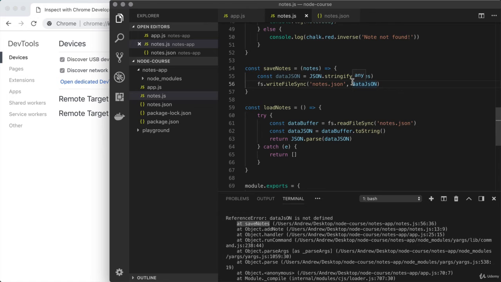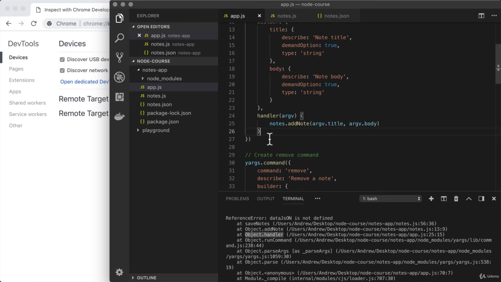As we go down the trace, we typically tend to get less actionable information. From here, we can see that save notes was called by add note, which was true. That was called by handler, which is true. Handler being the method we defined in app.js on line 25. And if I go over there, that's exactly what we're going to see. We have our handler method, and on line 25, we do indeed call add note. So it's save notes to add note to handler, and then after that, we start to get into the internals.